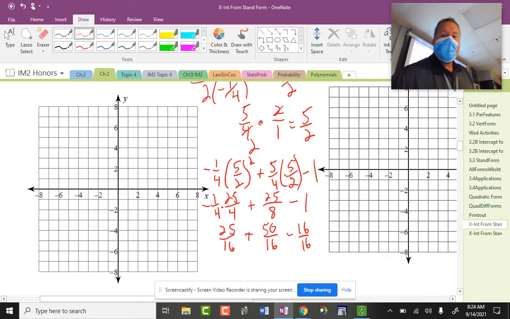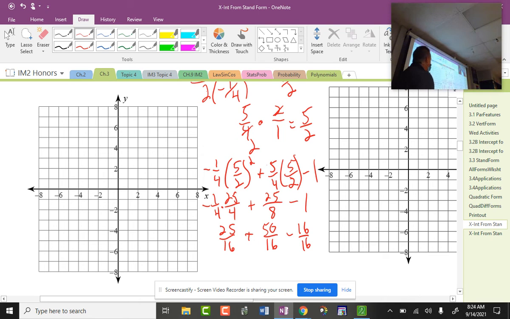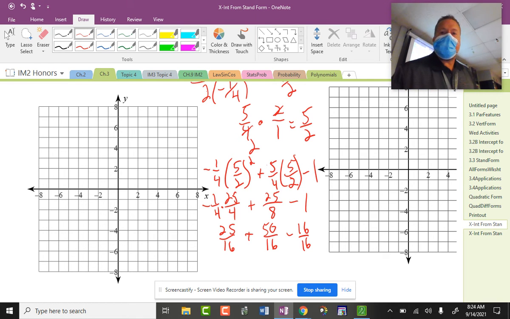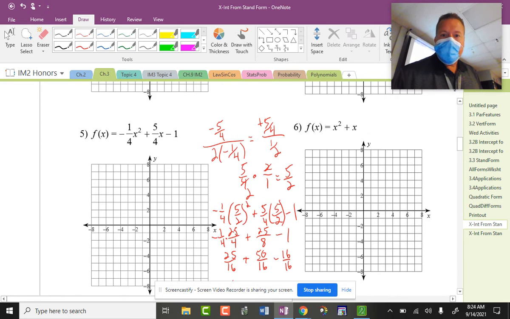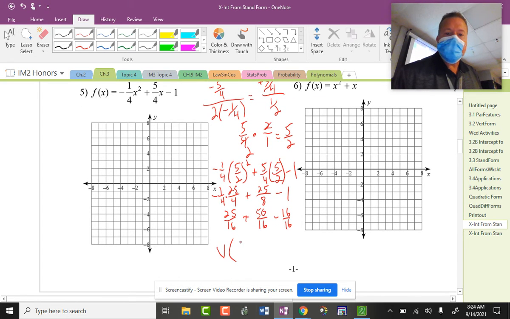16/16. So 50 plus 25 is 75. 65, 59. I get 59/16. So that nasty vertex is 5/2, comma,